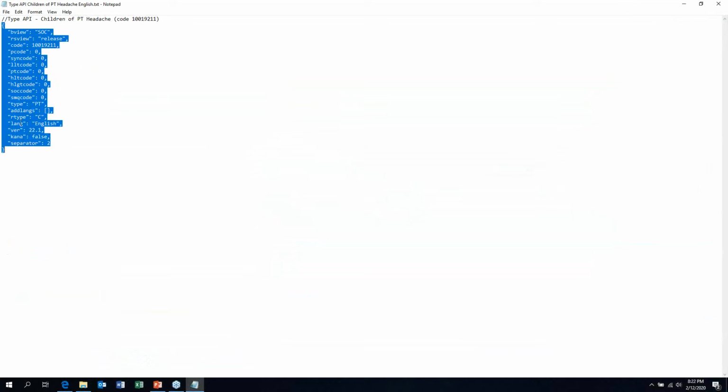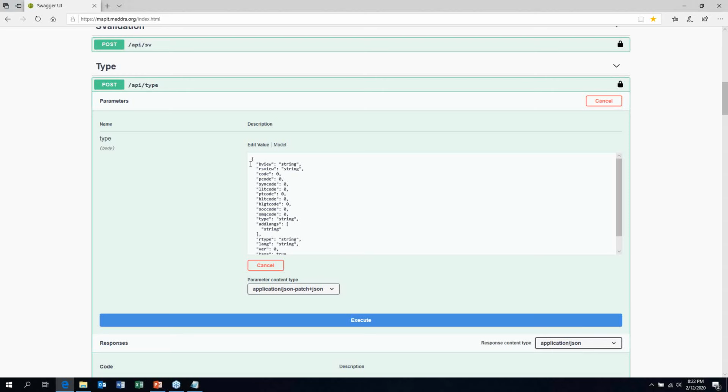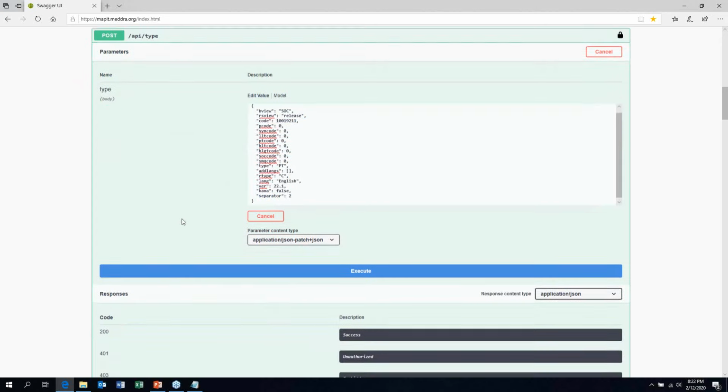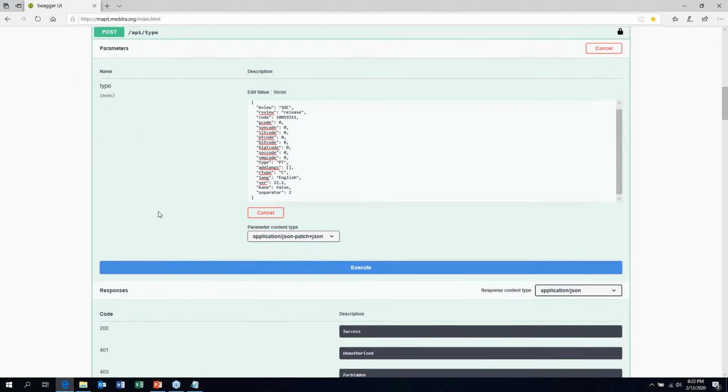So I'm going to just copy this, and then I'm going to just paste over what's in here. And as I said, you can directly edit this in this window if you'd like, or you can use the examples.